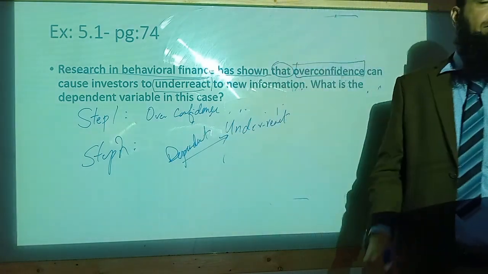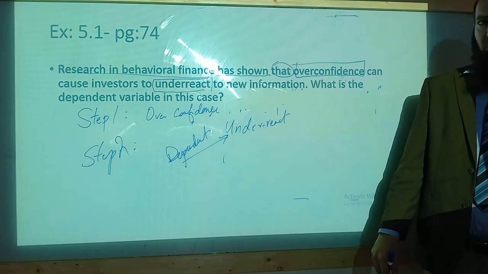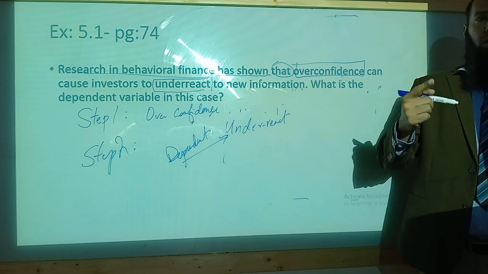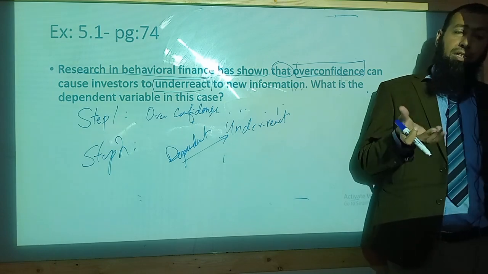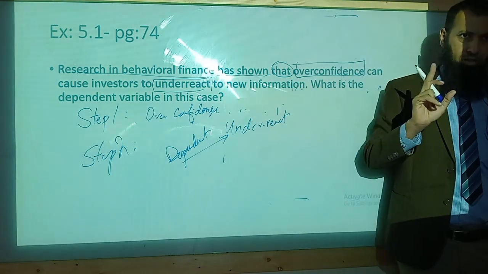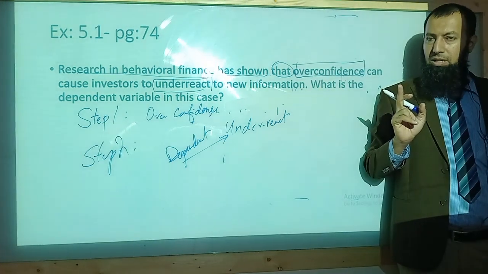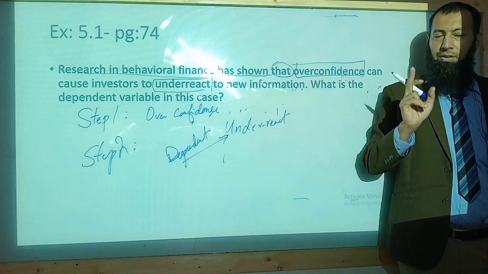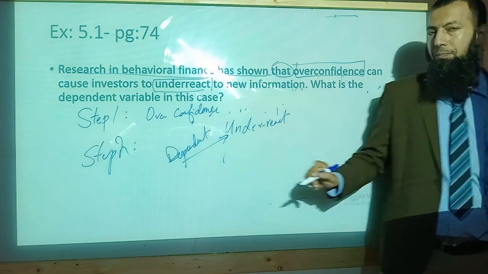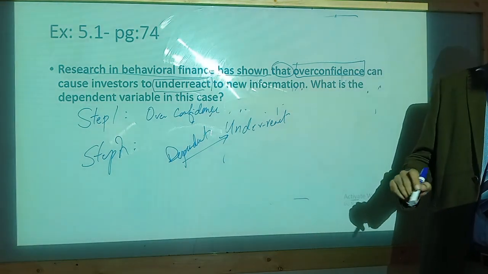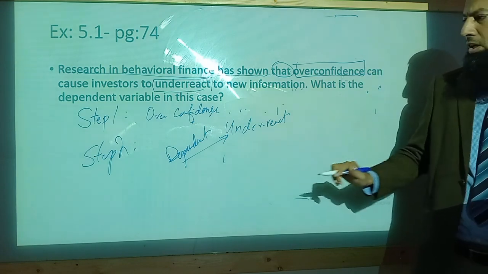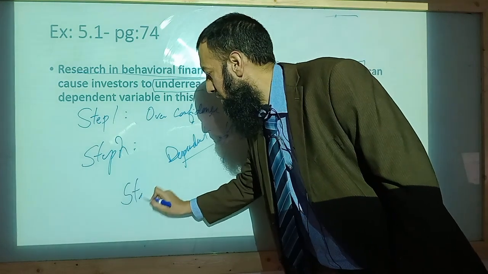Yes? So it means it is a reaction to some cause, and the cause is overconfidence, so didn't the investor react because of overconfidence? No, we are interested in the under reaction of the investor. We are not interested in the reason behind it. We are interested in the reaction, the behavior. Why? Because we are concerned with what is happening. Overconfidence can also become high, but that we will do later, after a while. Rest will be confused. So step 3 is what?